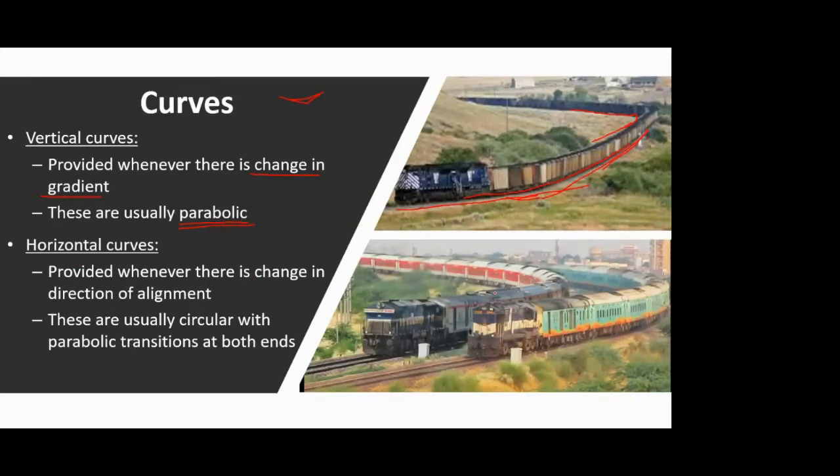Then the second type is the horizontal curve. Clearly you can see it in this second picture. Whenever you have to change the direction of your railway, if you have to stop it from going in some direction and tell it to go in some other direction, in that case we have to provide a horizontal curve. And generally these horizontal curves are circular in nature. Only for a small part where there is a transition do you have a parabolic curve in the picture. Don't worry, we'll be seeing shortly what a circular or a parabolic curve is. So these are the two main types of curves, the vertical and the horizontal.